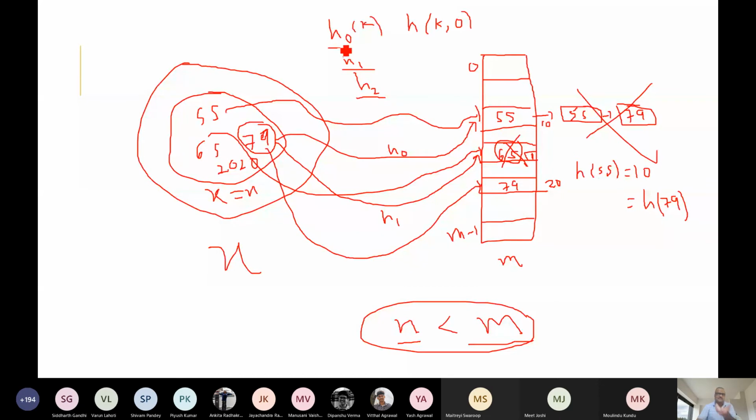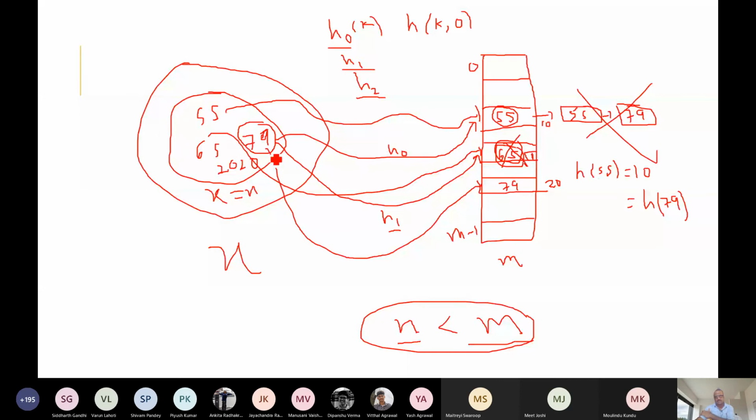Now the first hash function will hit some slot. We check whether that is 79 or not. It is not, so just like when it was inserted, that way we have to find it. We follow the same probe sequence, the same sequence of hash functions. Then we go for the next hash function, which is h1. We apply h1 on this, it hits here, which is 65. We check that value, no, it is not 79.